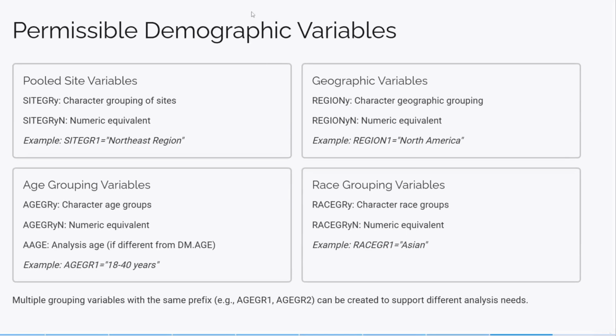So for the permissible demographic variables, there are some pooled site variables, the site related information. These are the optional sections in the identification demographic variables list for the covariate analysis version of the previous variables. For site, region, and age, race groups, the Y refers to the method used to group the information as opposed to a specific hierarchical grouping of the information. For example, if you want to check the regions based on Europe against all others, that could